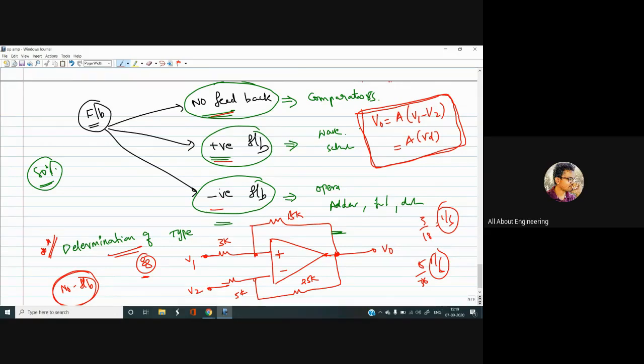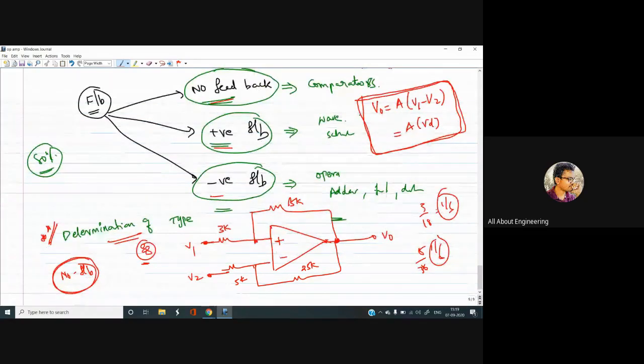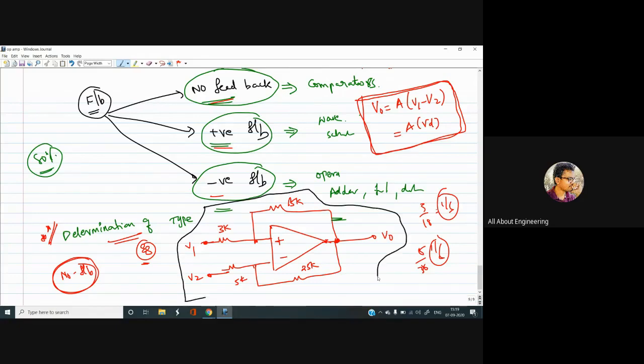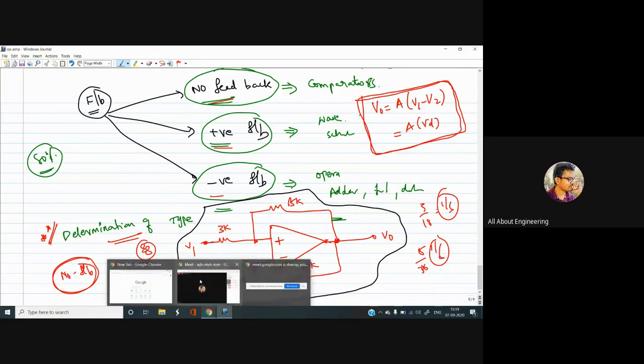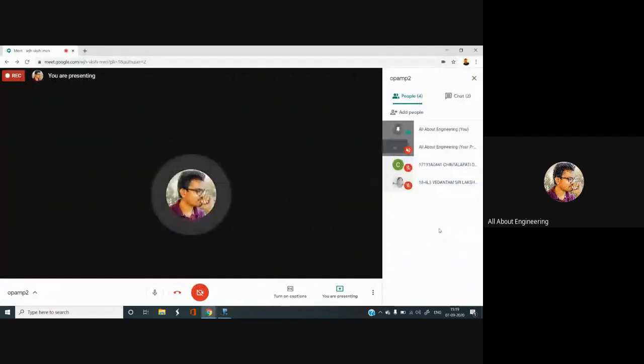I also left the session with a question, to determine the type of feedback. Now I'm going to resume the session with the same question where I stopped. Question 2 is, can you tell me what type of feedback it is? Your options were: a negative feedback, a positive feedback, or no feedback. So I am asking again. My question to start this session is, which type of feedback does this circuit contain?